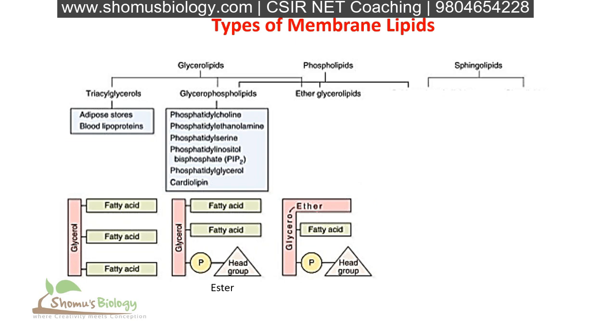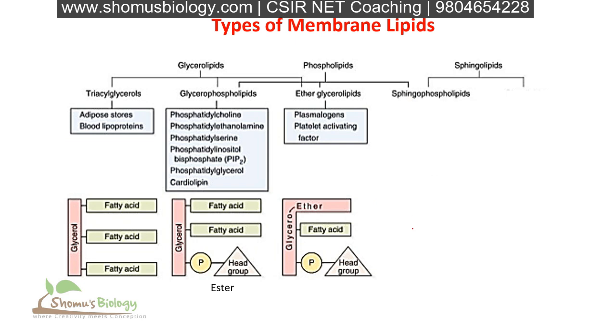Again we have this glyceroether structure, and instead of 2 fatty acid chains, we have only 1 fatty acid chain in the case of ether glycerolipids, and we have 1 phosphate group attached to the head group. Examples of such kind are plasmalogens as well as platelet activating factor, or PAF. These 2 examples are of ether glycerolipids. Remember, this linkage is ether linkage and they carry only 1 fatty acid chain.